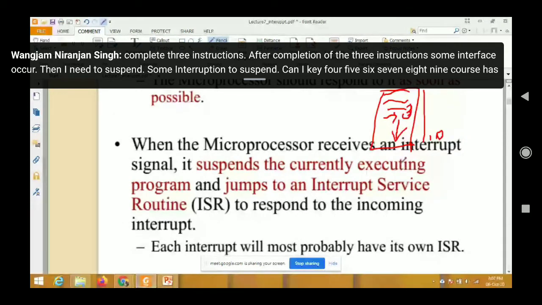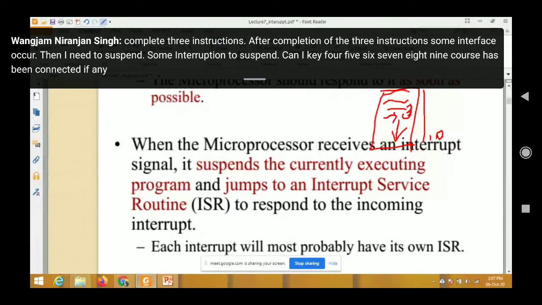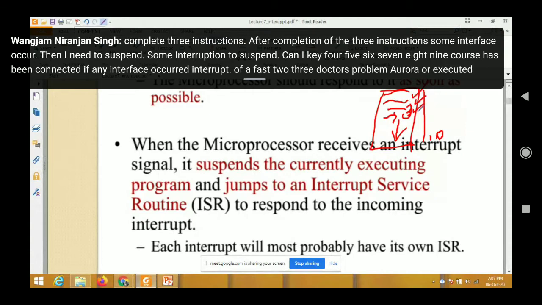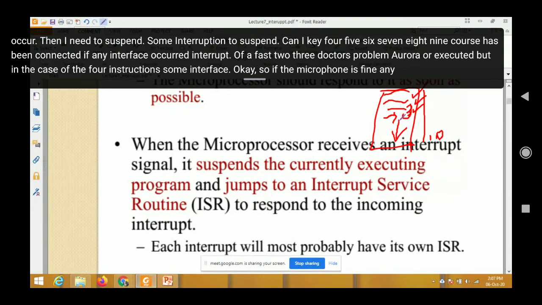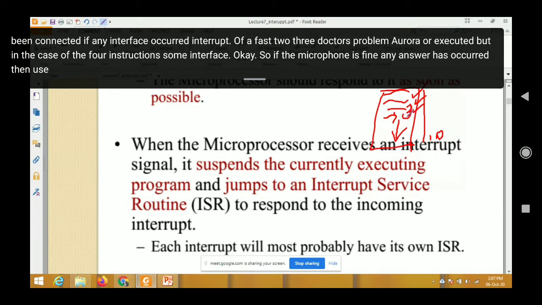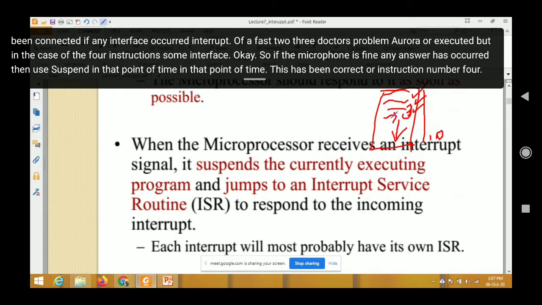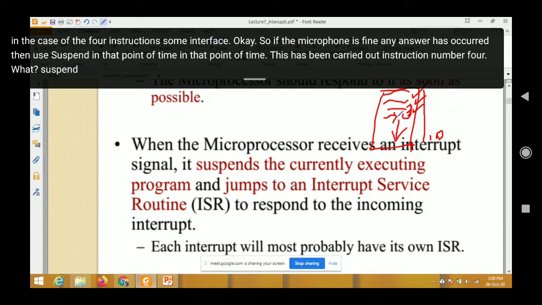Suppose the first 2, 3 instructions had no problem, so they were executed, this one was executed, and this one too. But in the case of the 4th instruction, some interrupt has occurred. So if the microprocessor finds that an interrupt has occurred, then it will suspend at that point of time. It will suspend instruction number 4. After suspending, the task is to jump to the